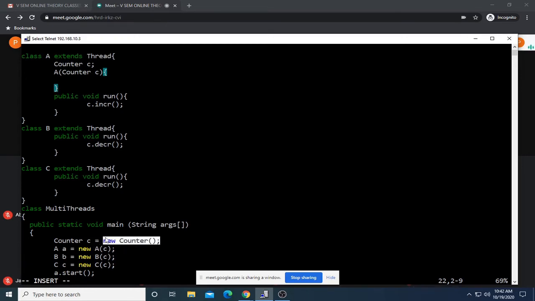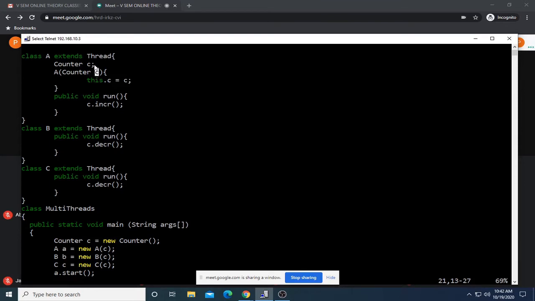The same object: there is only one object of type counter in main, and this single object of type counter is assigned to the object reference variable which is part of class A. And what should be the statement within this? this dot C is equal to C. Correct.